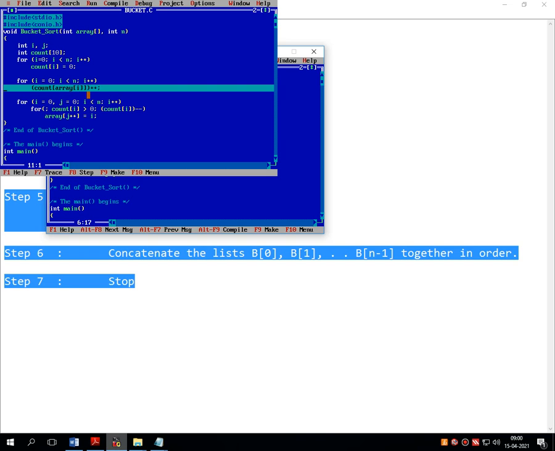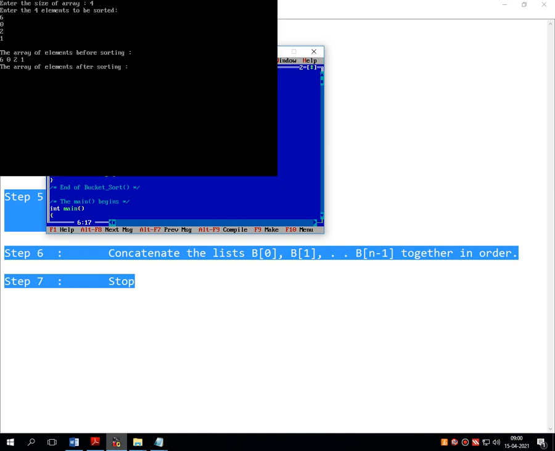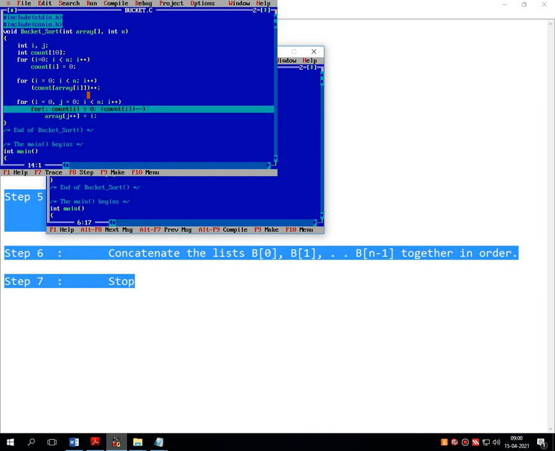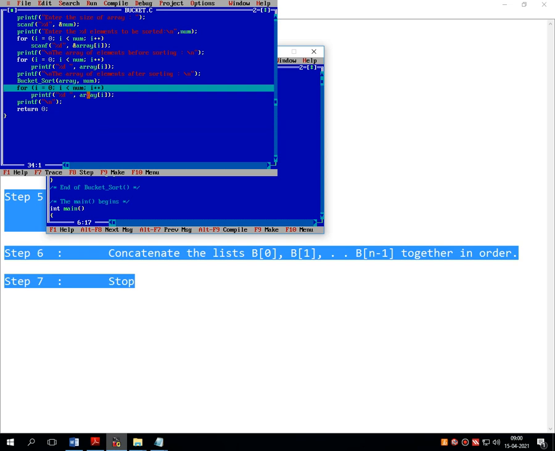Then the step number 2 and step number 3 of the algorithm, which actually creates the equivalent buckets for every number. So for 6, 0, 2 and 1, 4 buckets have been created by this second for loop, and this third for loop will rearrange all the numbers, that means sort all the numbers and store them into the equivalent bucket and return over the function call all those numbers sorted.